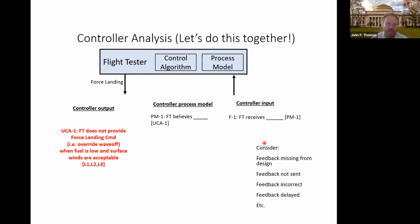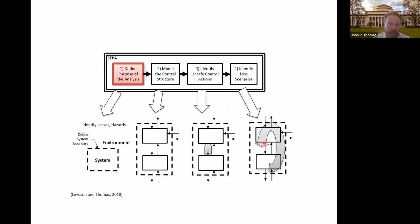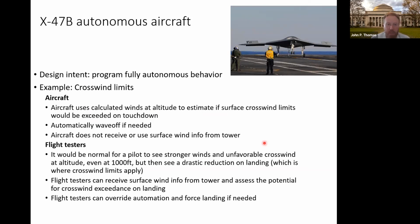We are done with this exercise. The reason I propose this is because this actually happened. I'm going to paraphrase a bit. But essentially what happened, and this was during testing, so this is not a bad story, I guess, for lack of better words. This is a success story because this is the purpose of flight testing, to find things that the designers missed in part. And one of the things that they discovered is they had lots of different indications to the flight testers of imminent actions, but nobody provided to the flight testers that this thing is about to wave off due to crosswind. There are maybe 6 or 9 other conditions that it would tell the flight testers I'm about to wave off due to X, Y, Z, but no one put into the display